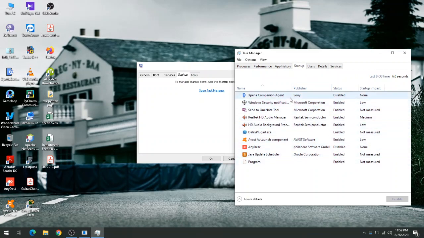If you see a software which is not familiar to you, or which you don't need to be started up at system startup, you can right click on that app and disable it. For example, I don't want Sony Xperia to be started up at system startup, so I've disabled that. Such softwares which are unused by you, mostly you can disable them, and close this window.